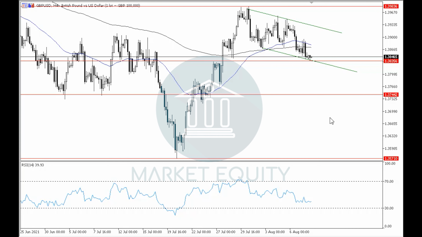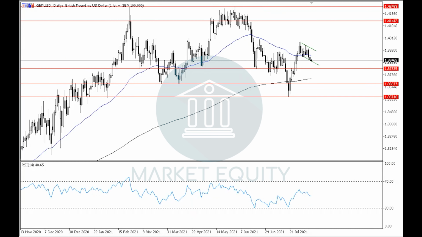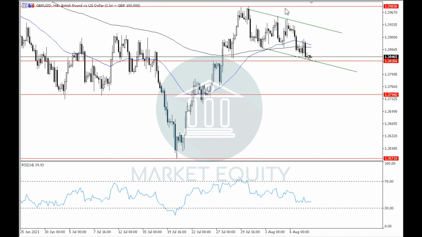Let's begin with the British pound versus the US dollar, where in the previous videos we said that it is moving in an uptrend in the 4-hour time frame inside the sideways movement in the daily time frame. If we look at the 4-hour time frame, we can see that it formed a peak around level 1.3980, then rebounded downwards off of it to correct and is currently being traded around level 1.3830,